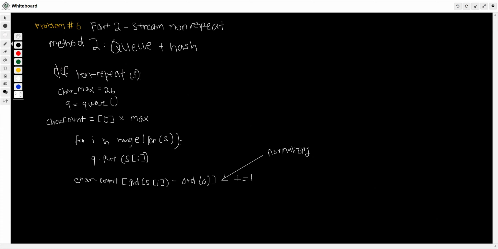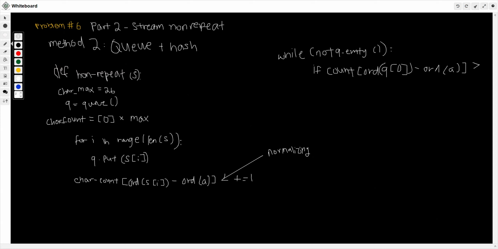And then we're going to check. So, following that, while the queue is not empty, we're going to use an if statement to check if the count at the ordinate or the Unicode at the queue is more than, at the queue at 0, because it will be the first element in there, because there should only be one element in there, I think, minus A. Yeah, this looks so weird, but bear with me.